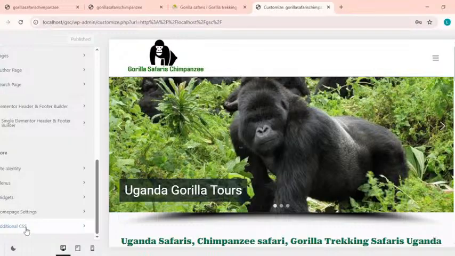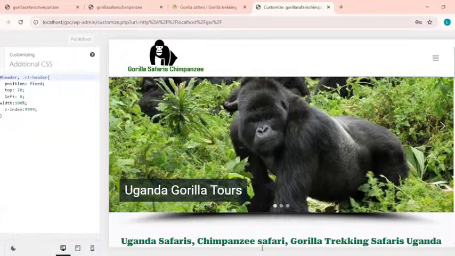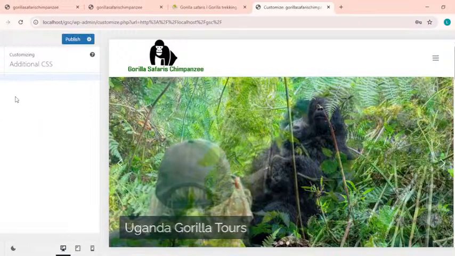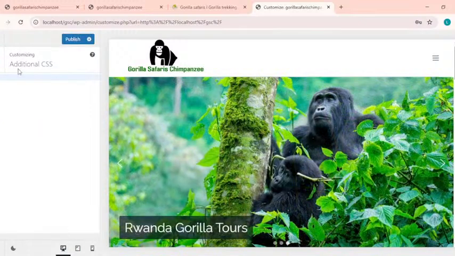So I'm going to click on additional CSS. When I click on additional CSS, here is where I paste in this code. Let me first show you. If I try to delete this, because this is the line of code that I used, and I publish my website,